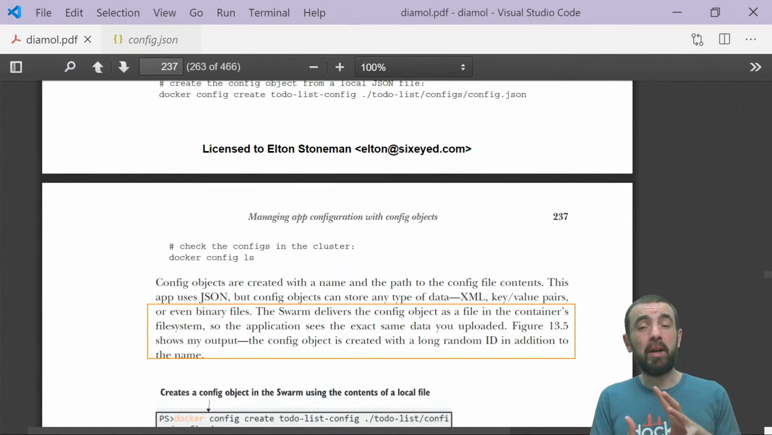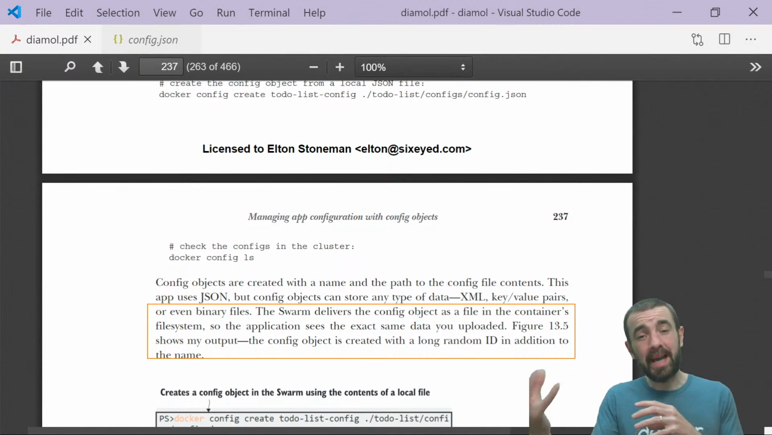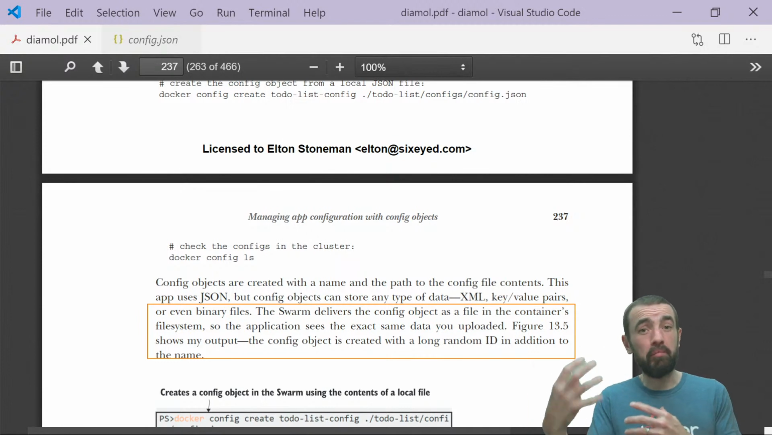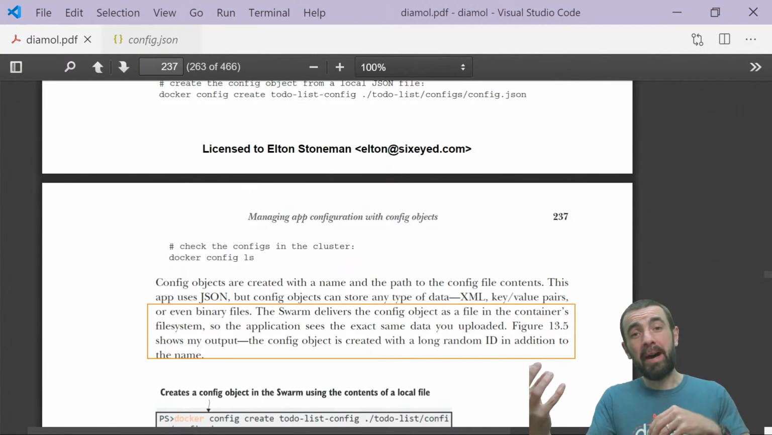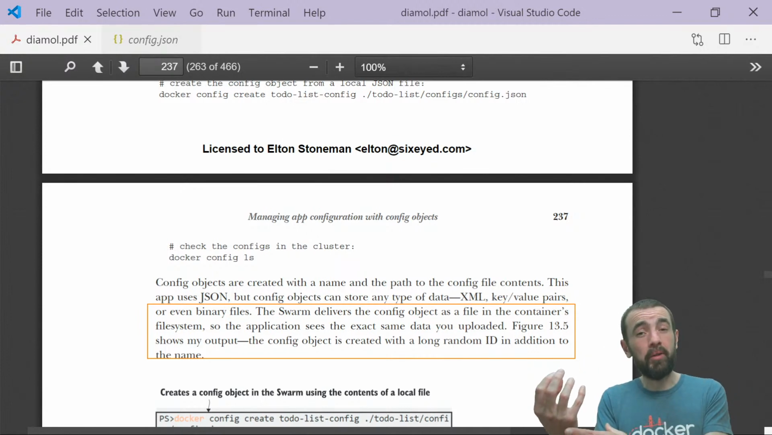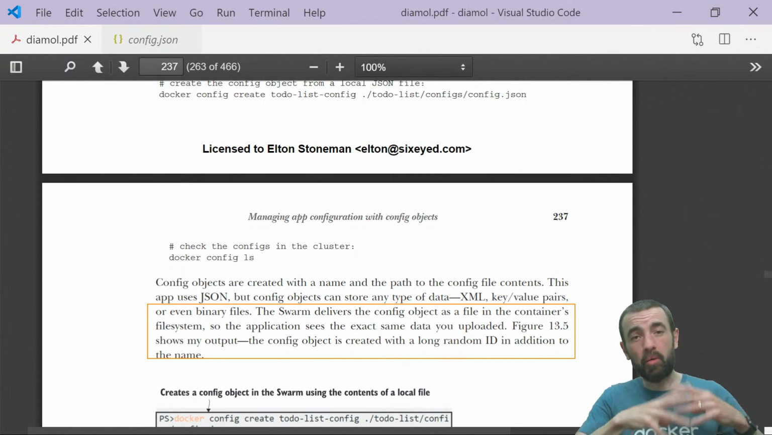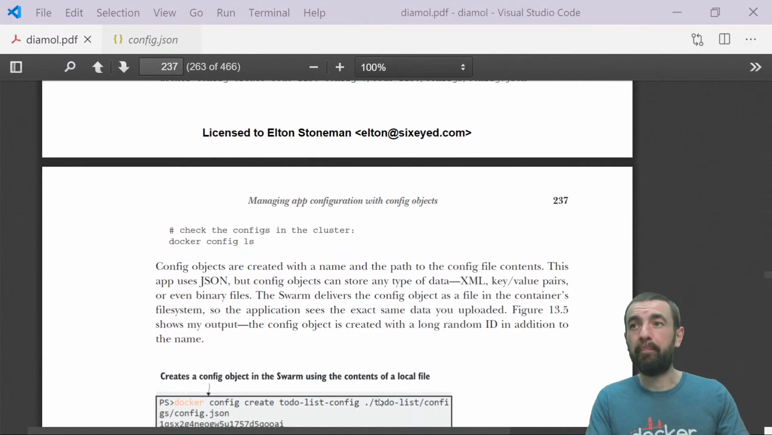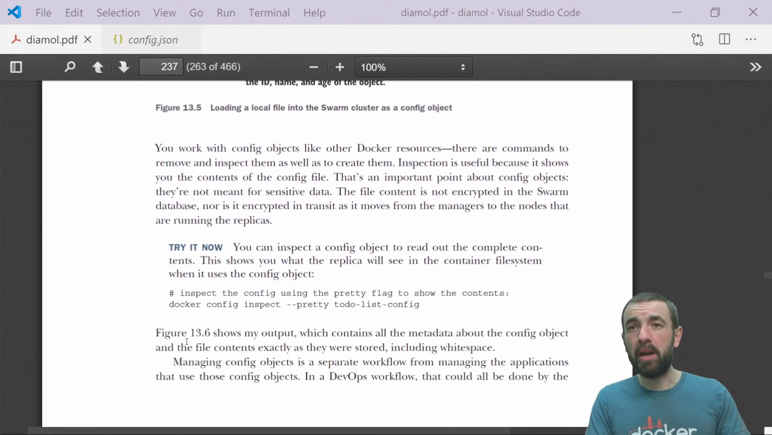If I declare inside my application model that I need this config object, then whichever server is going to be running that container, the manager provides the content of that config object, and then the server can surface that inside the container at the desired location. So the config objects all live inside the cluster, but they get provided to whichever server is going to run the container that needs it in the spec. Okay, so we can go and look at the contents